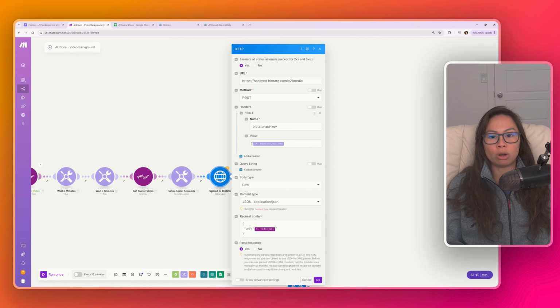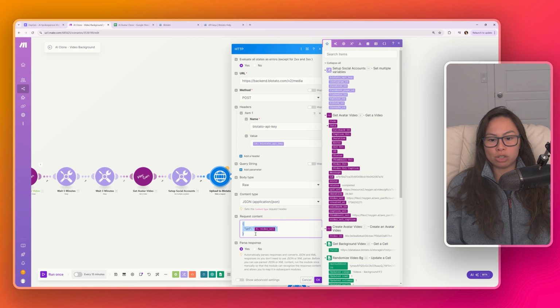And again, just make sure all of the variables like this are filled in and colored. It shouldn't be just like a purple border. It should be fully colored. If it's just a purple border, that means it's not getting the data. You might need to run the automation so data flows through the system, and then make sure this URL